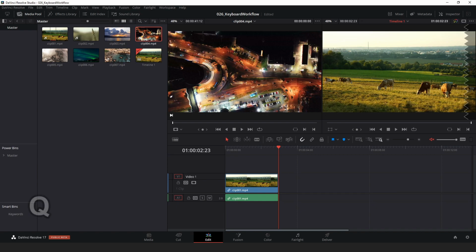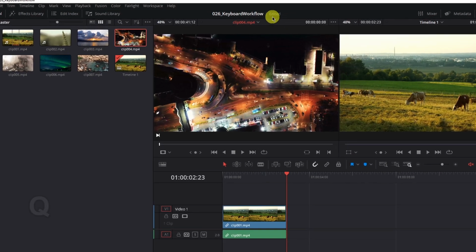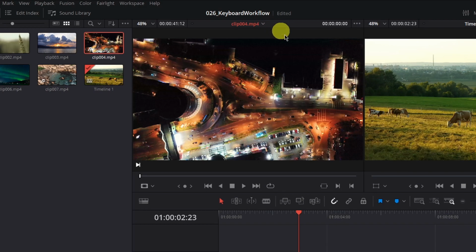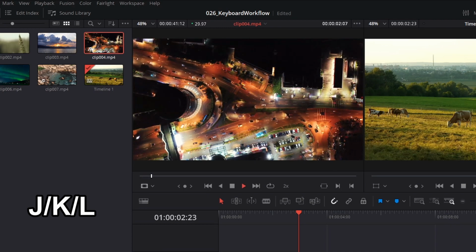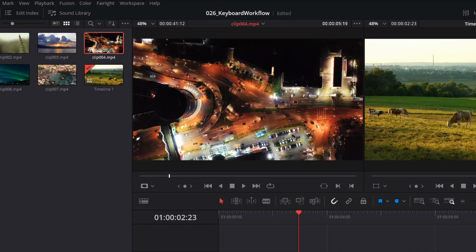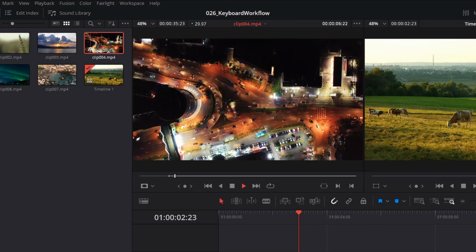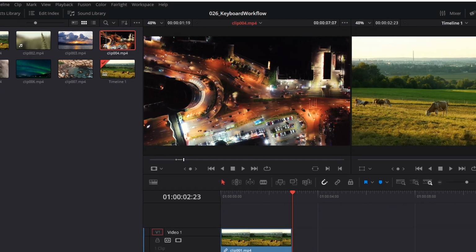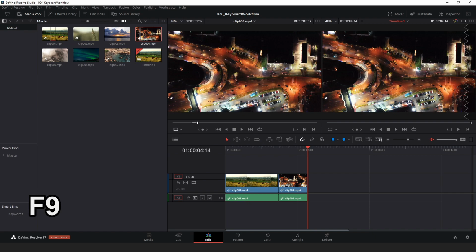And again, hit Q to make sure that your source viewer is the active viewer, defined by the red text. Then use J, K, and L to scrub through the source viewer, and hit I to define the in point, and O to define the out point. And hit F9 again to insert that. And once you get used to these shortcuts, this becomes a really quick way to assemble B-roll or cut chronologically